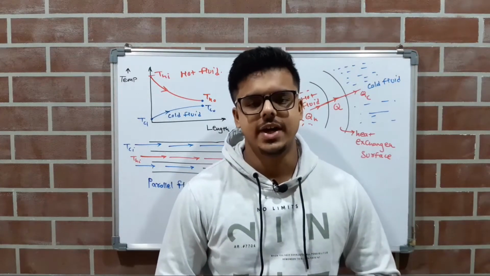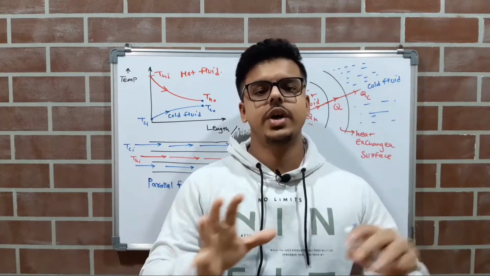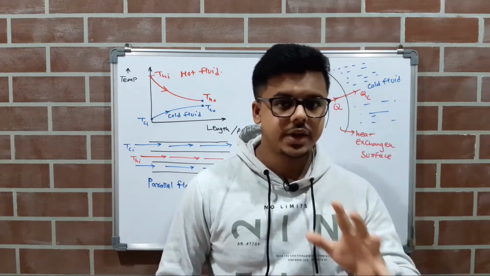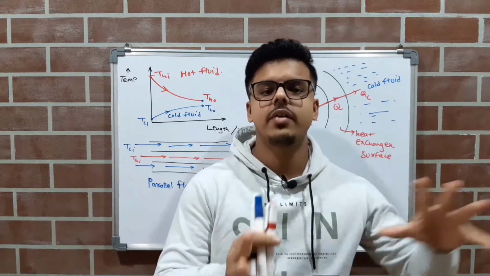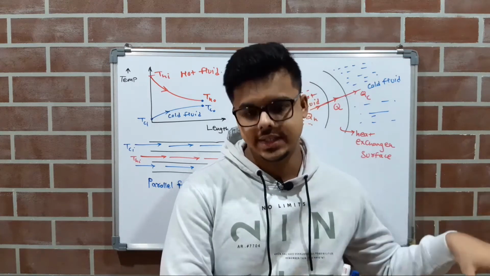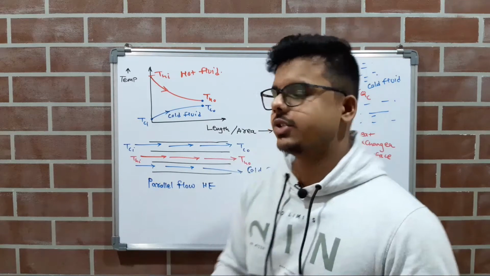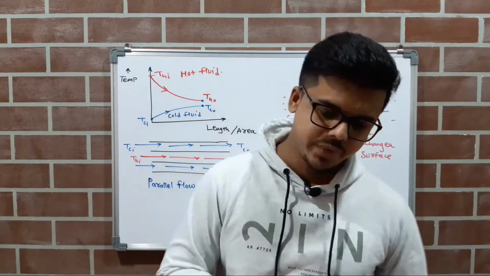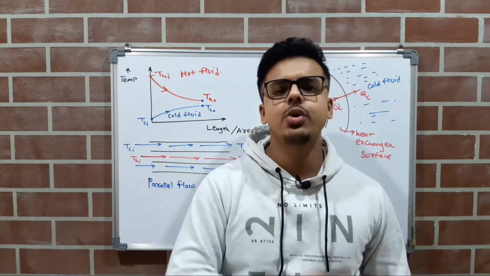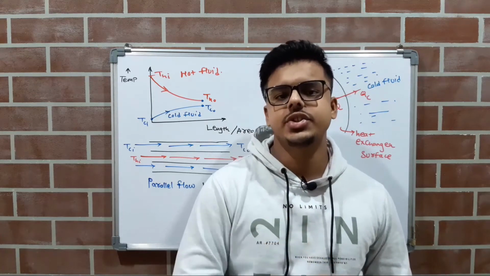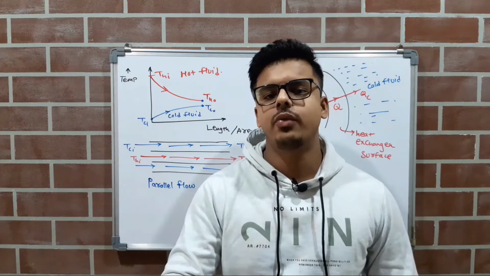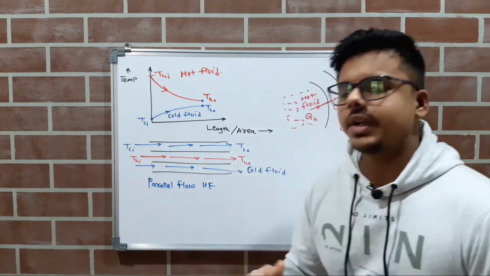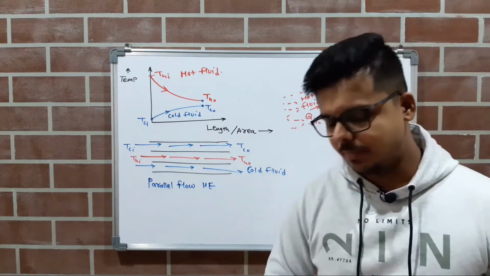Now forget all things going on in your mind and please pay attention to me. Suppose you have an industry or a factory in which you have a heat exchanger, and that heat exchanger is of the parallel flow type. Now you want to know at what rate this heat exchanger transfers heat from the hot fluid to the cold fluid. So how will you calculate the heat transfer rate of the heat exchanger?